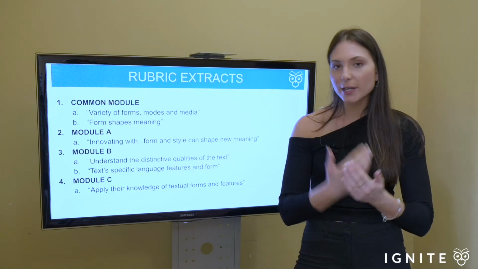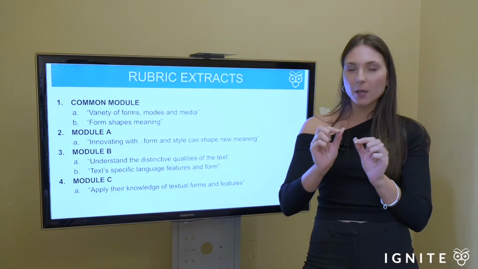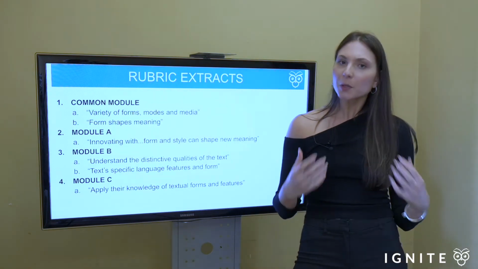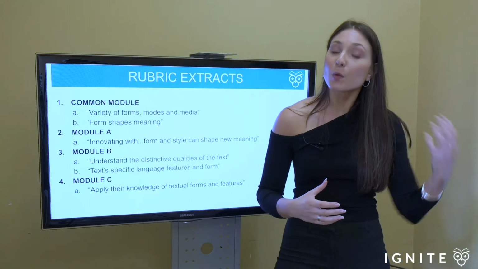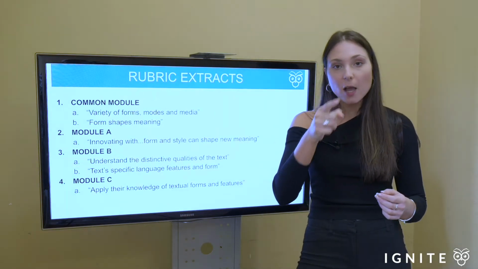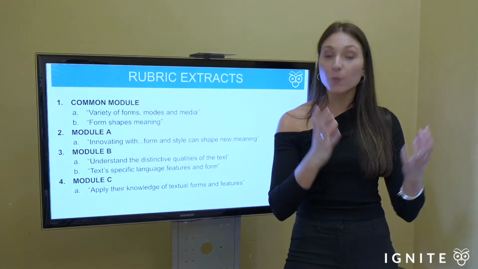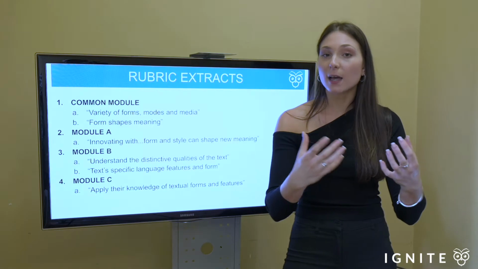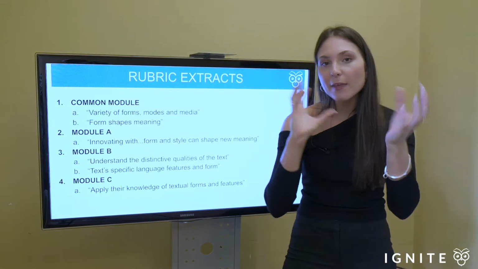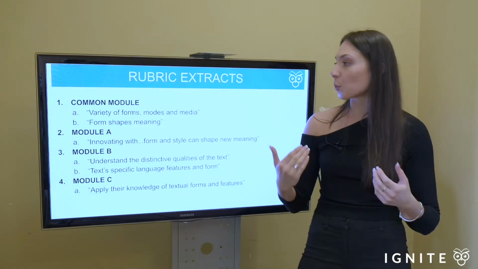Remember, form is a consideration of the macro qualities of a text, the distinctive elements of that text type. So if we're comparing, for example, a poem and a visual in a comprehension paper, you want to think about how the use of a persona, the use of enjambment, the rhyme, the meter, the auditory elements of that text were fundamental to how meaning was conveyed. Conversely, you're going to think about the visual forms of a painting or a poster. How has salience been used? How has lighting been used in that text? And compare those two forms, those two mediums, in terms of how they impact a responder in different ways.